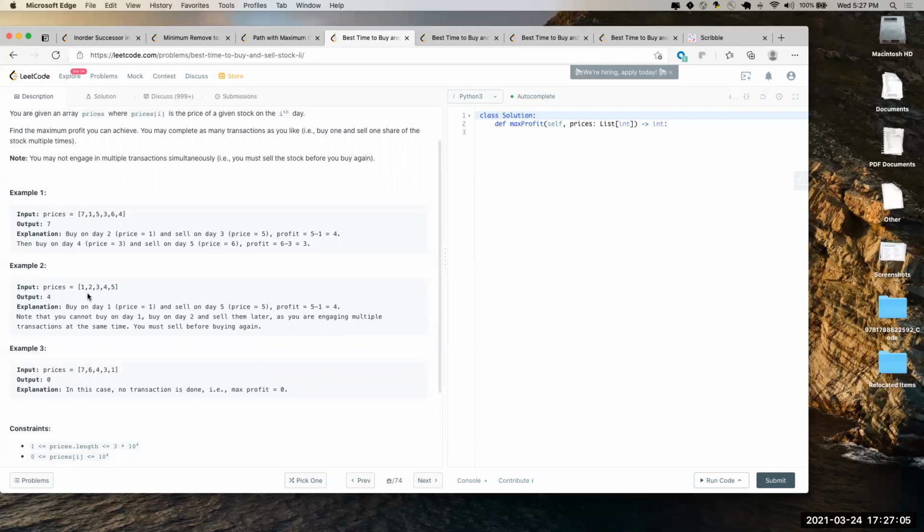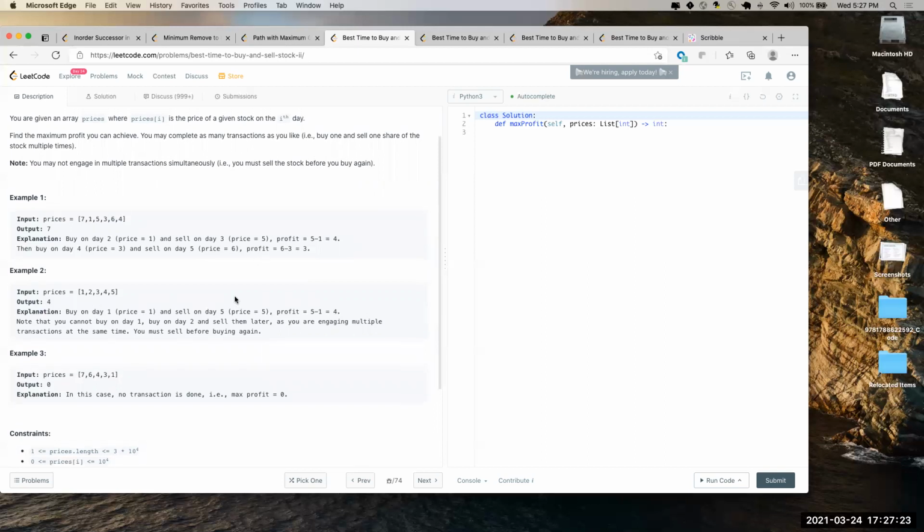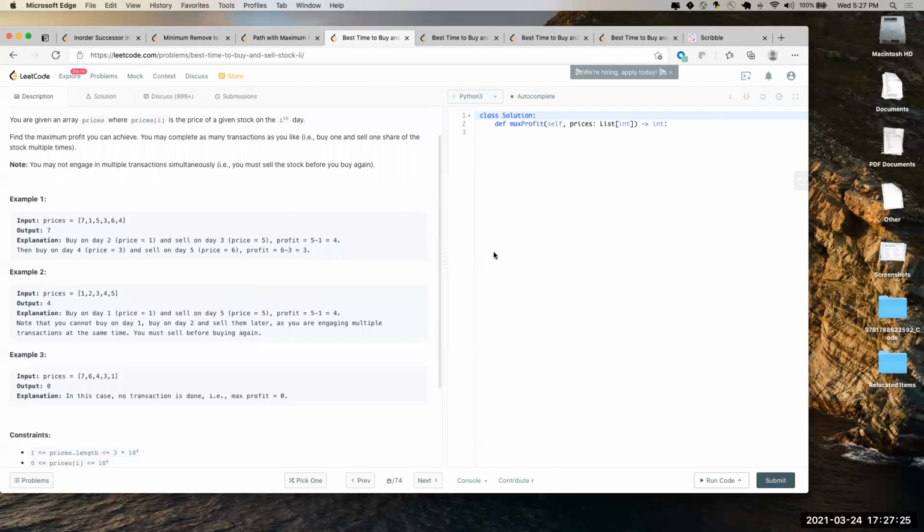No, but here you can either do 1 and 2, 3 and 4, right? You can buy on day 2 and sell on day 3. That's a profit of 4. Okay, so you cannot do buy and sell on the same day. They have to be different times, right? Buy and sell shouldn't be on the same day, overlapping, I think. Your profit is 0.